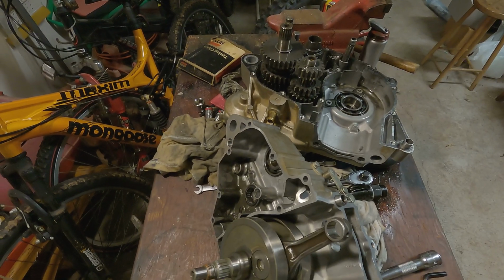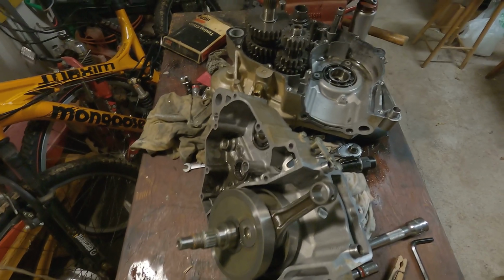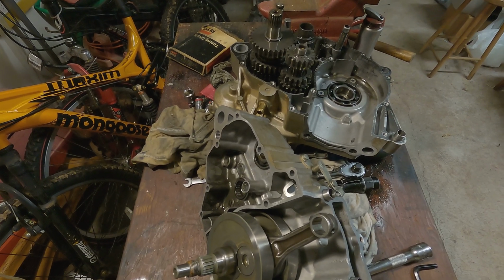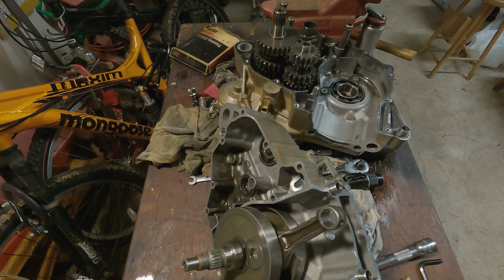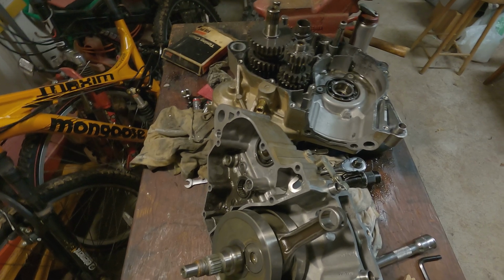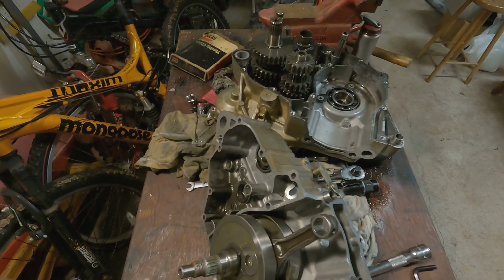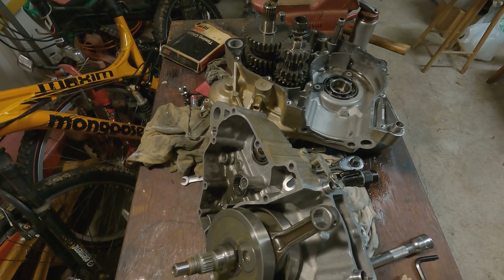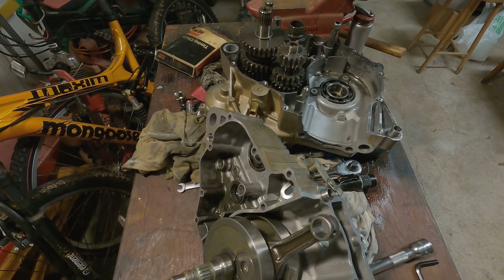So if I hone that cylinder, they do pistons differently now. I remember a long time ago when I was rebuilding motorcycles, when you bought a piston you could only get like a 5 over or a 10 over or something like that. Now they have them in A, B, C sizes, in 0.01 millimeter steps. So that's pretty cool. Depending on how much honing I need on that cylinder, if I had to take out 0.02, I can get a step up piston all the way up to...